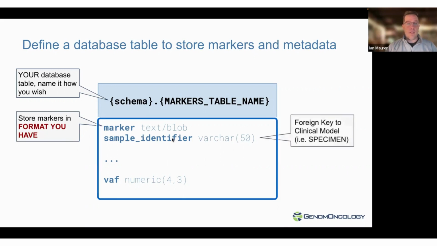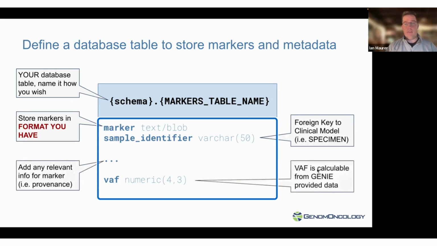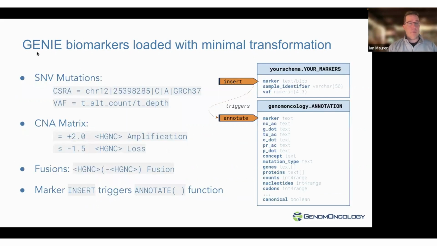And then the foreign key to the specimen table, using the sample identifier to tie everything together, and then any relevant information you have for the biomarker, including something like VAF. And VAF is actually calculable given the GENIE data that's provided. So I went ahead and loaded in the GENIE biomarkers using some basic minimal transformation. SNV mutations were calculated using chromosome start ref and alt. They do provide some HGVS. But for this demonstration, I'm ignoring the provided one to take advantage of GenomOncology's annotations, calculated the VAF, and then